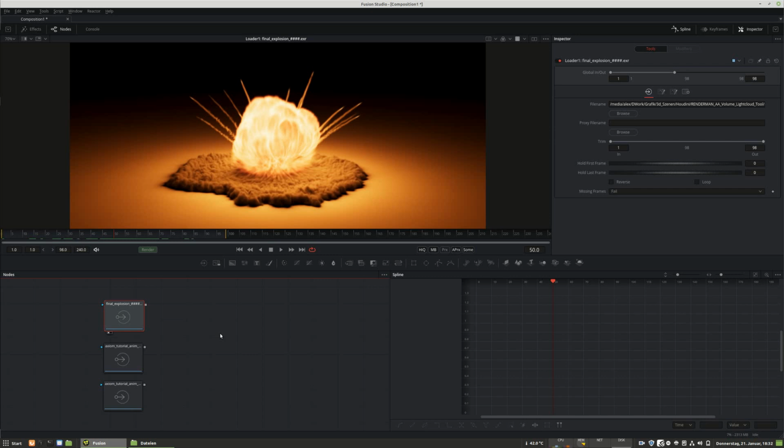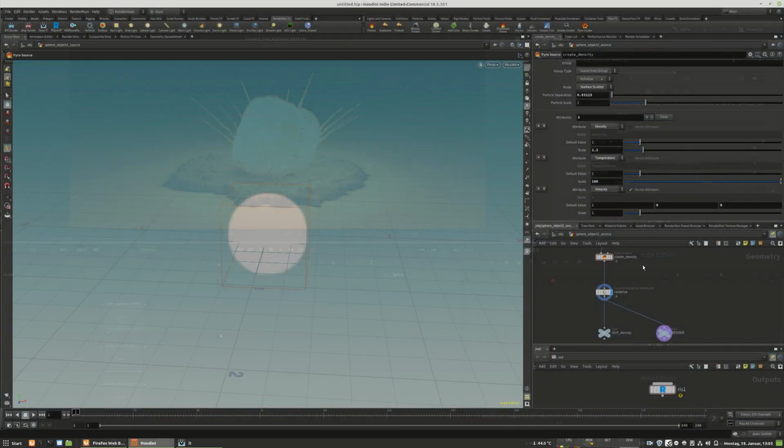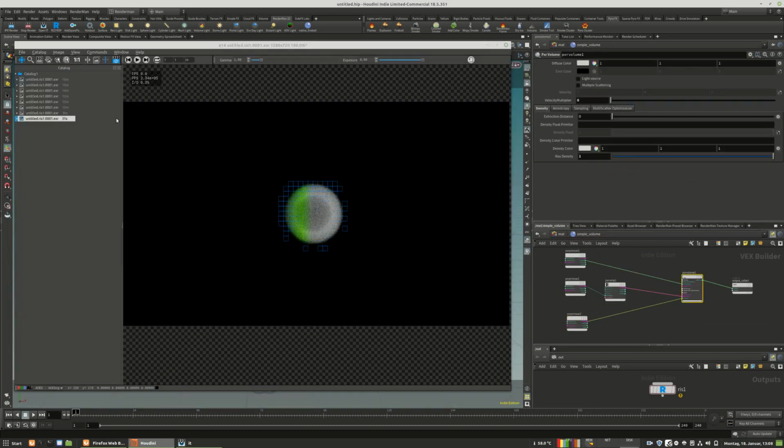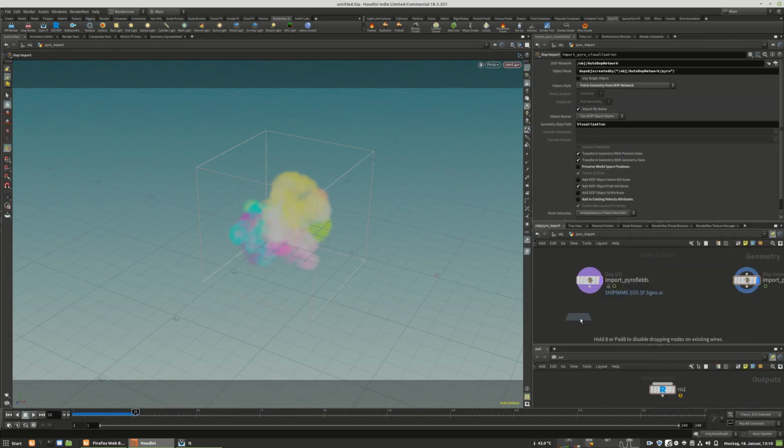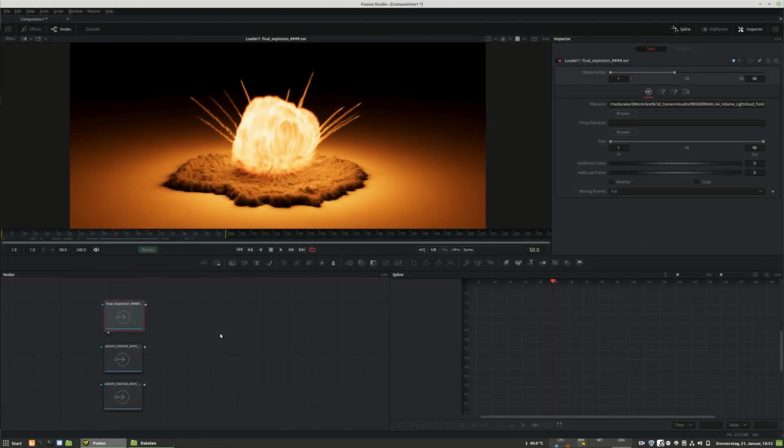This tutorial will be divided into two parts. The first part will cover the basics on how you will be able to render volumes, and the second half of the tutorial, the more advanced user part, will show you how you can get very clean results. I will also cover an